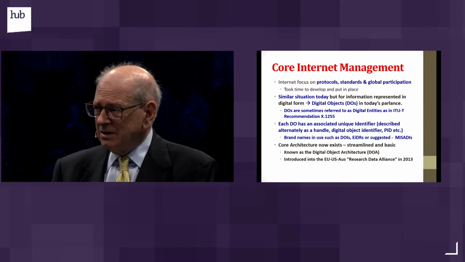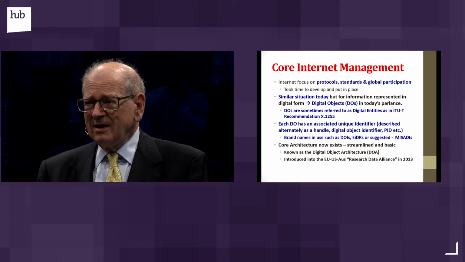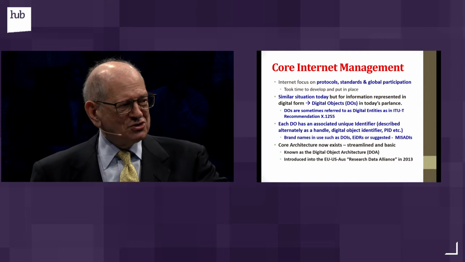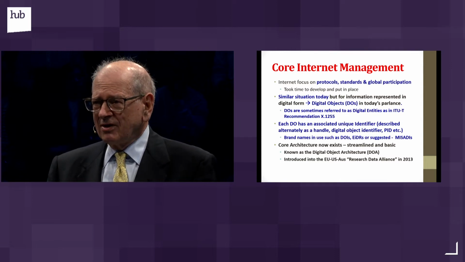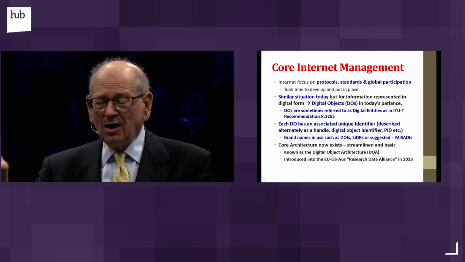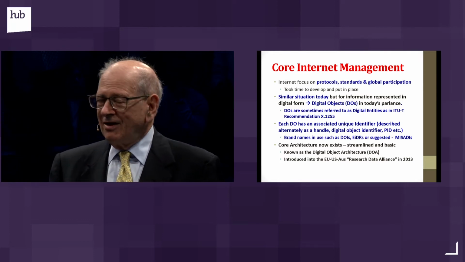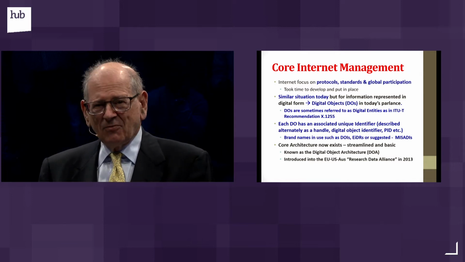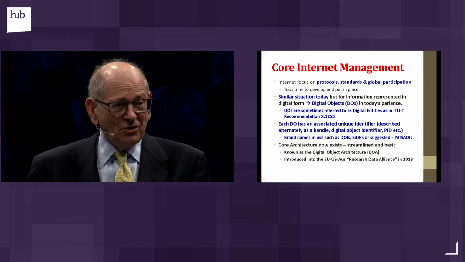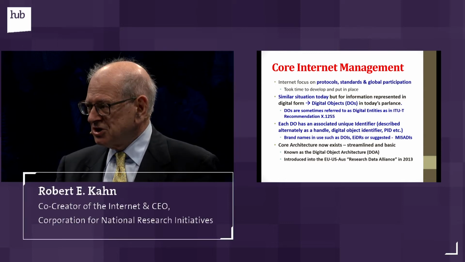When you think about the capabilities you now have out there, you might think that initially we don't need anything more. We have databases, you can put your information into a database. We have the web, you just use the web. You have the clouds and things like that. But the fact of the matter is, if you took information in one database and ported it into another, you're going to lose a lot of the associated information that goes with it, the access control, provenance, and so forth. You really would like that information in digital form to be self-describing. So if a piece of information shows up on your machine, you know what it is, you know where it came from, you know what you can do with it, and so forth. And that's what the digital object architecture allows.